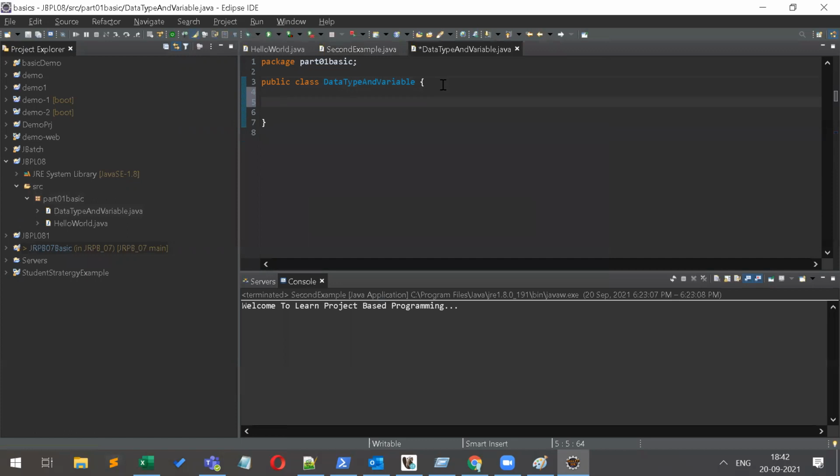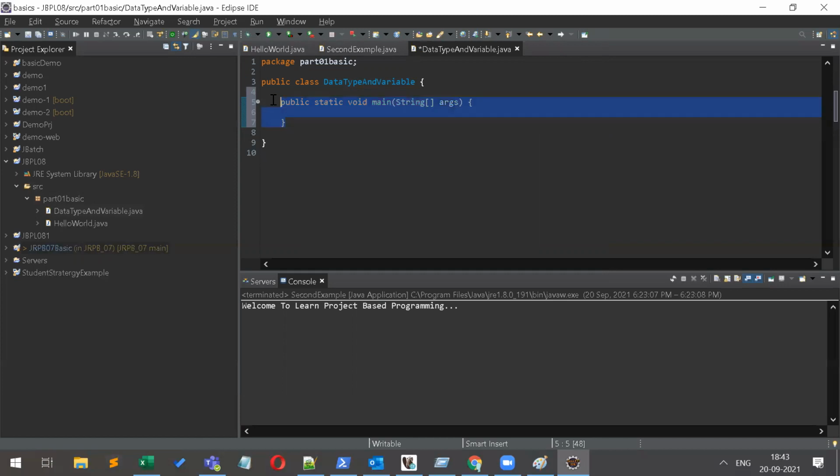I am writing one more method, public static void main(String[] args). I am writing the entire thing because you should remember it; that's why I can also use the shortcut, typing main and space.